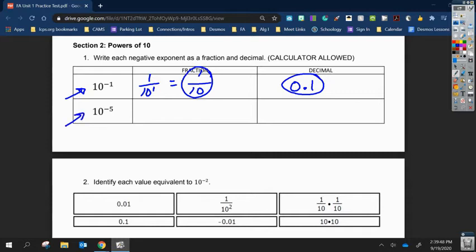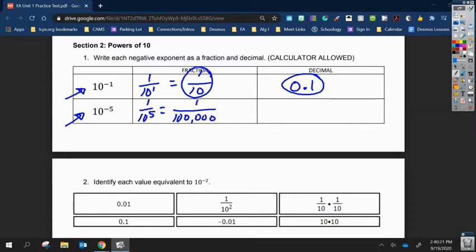Similarly, on line number 2, it says 10 to the negative 5. This would be 1 over 10 to the positive 5, because a negative exponent doesn't make things negative, it just moves it to the denominator, and now it's positive. As you all know, 10 to the 5th power is not 50. It's 10 times 10 times 10 times 10 times 10, which is great, but that's not the fraction we're looking for. We're looking to actually evaluate 10 to the 5th power, which is